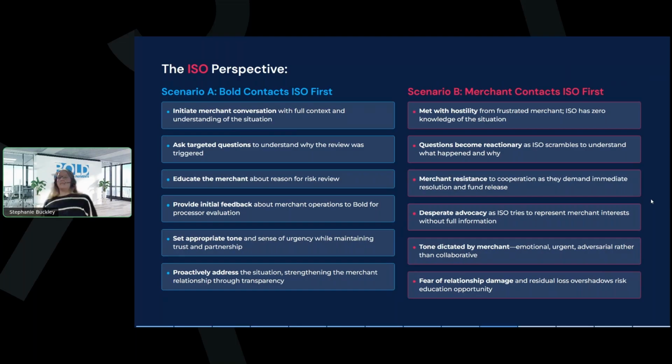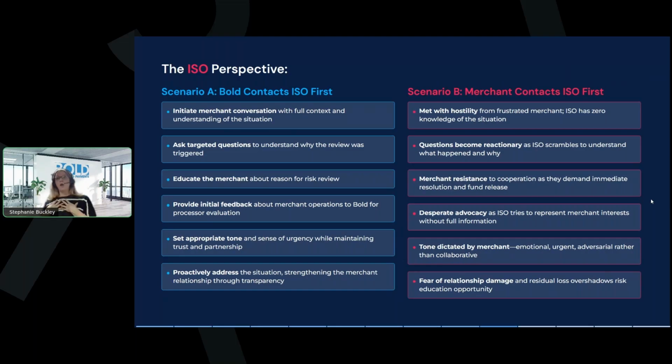Now, there are some instances where human error, things happen at the processor, they get busy, something gets placed on hold automatically from an automatic flag on a day where they're closed for a holiday. And then the merchant contacts you first. And so they're the ones that are setting the tone. And they're the ones that are now going to be a little bit more resistant with actually providing anything that's needed because they feel that they've been taken advantage of. They don't know if they can trust what's happening. So because you're met with hostility and you have to now go into a reactionary state, you're having to now come to us and now the communication is all lost.